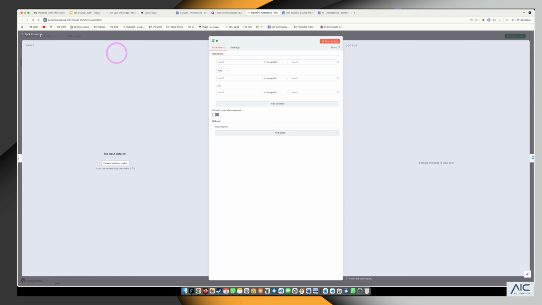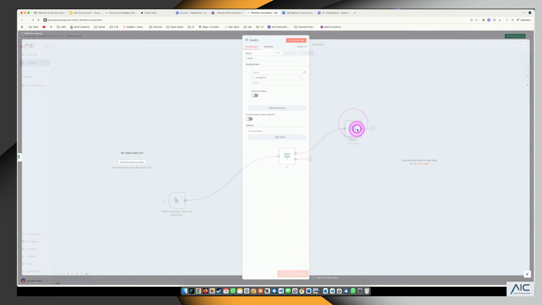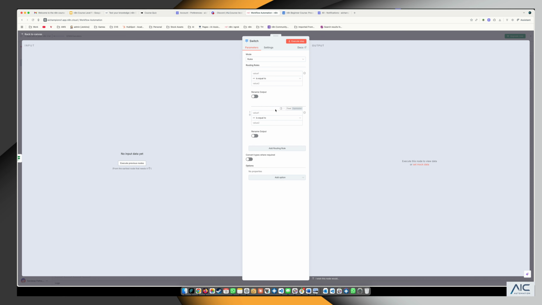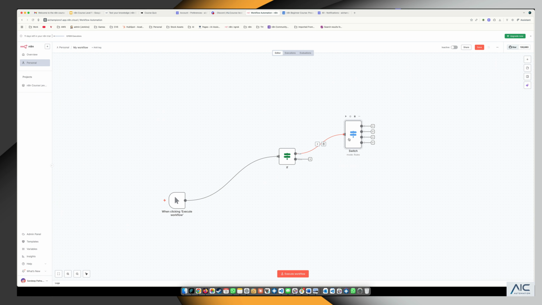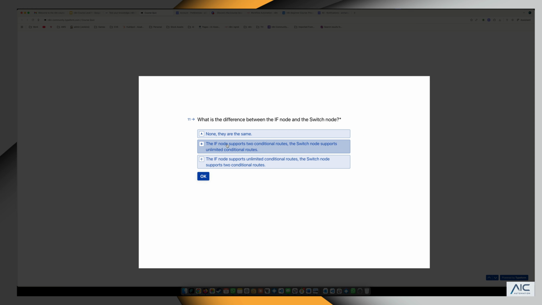However, the output is always going to be true or false. With the switch node, I can add as many routing rules as I want, which acts as a router in Informatica or any ETL tool. So this is the router. With that said, if you go back, the if node supports two conditional routes, the switch node supports unlimited.